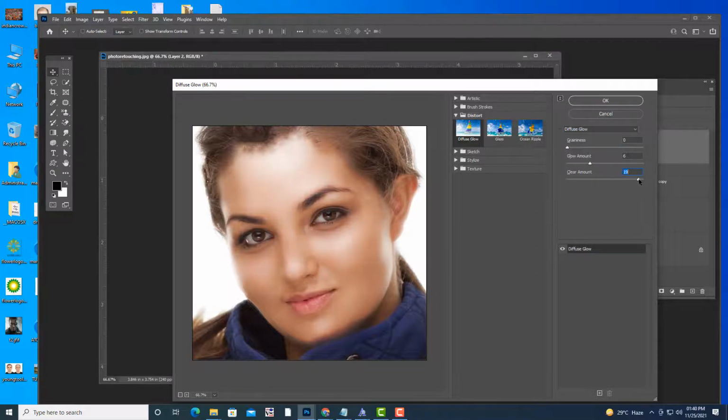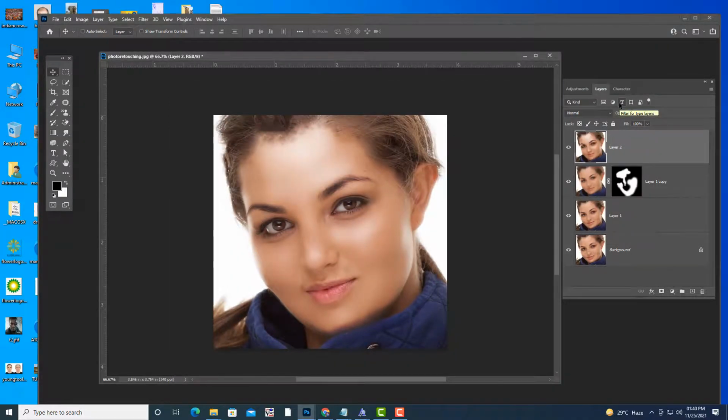If you try to increase it, we are reducing the glow amount. If you try to decrease it, it comes out very ghostly. So slightly increase, slightly decrease, so that the glow is not too much. Here the glow amount is also slightly decreased. It should look natural actually. Okay, something like this. Now it's looking nice.